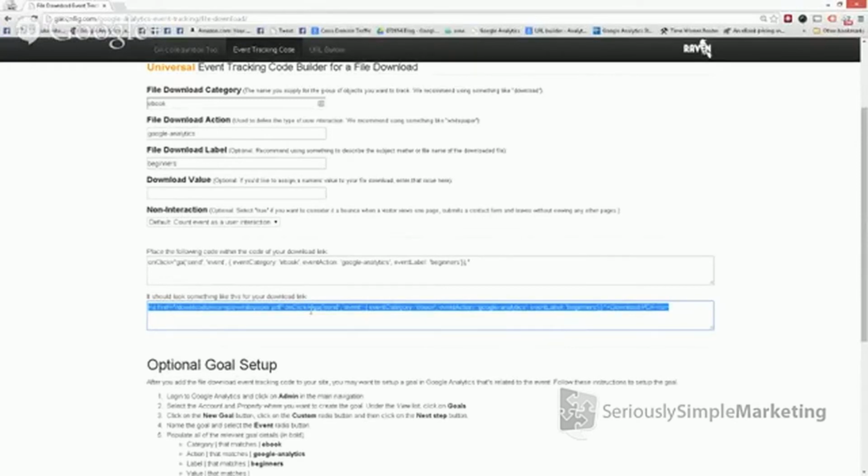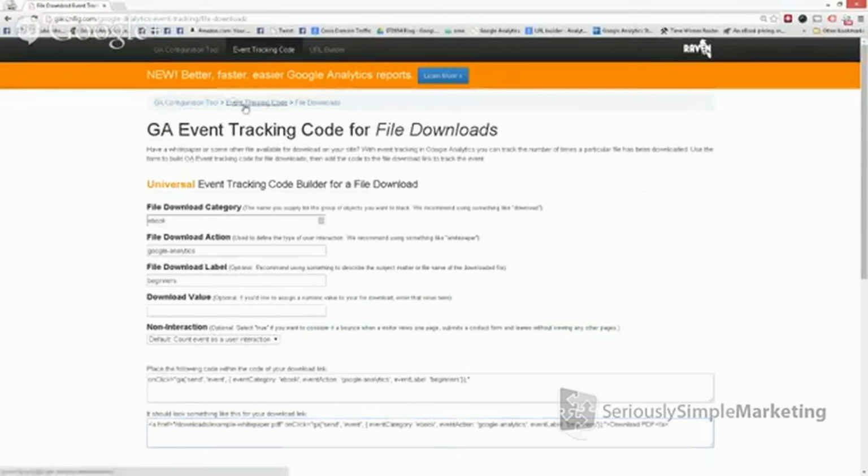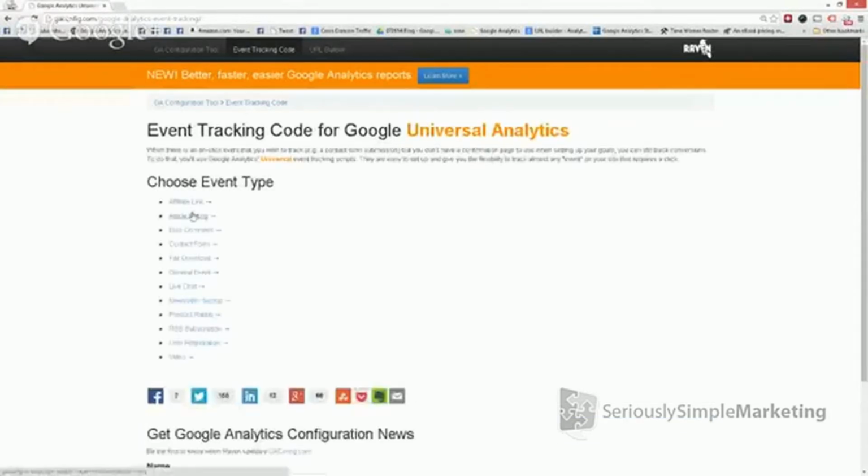Or you might track an event and then you decide, you know what, I don't want to label it download, I want to label it ebook. So it changes the way the data is reported. Big deal. Try it out, get a feel for it, just practice it, call it test. We do that a lot in our own. You see all this little test stuff. That's cool. At least put it as a test, because then you have it under something, test-download, test-event, whatever. Try it, practice it, get an idea of what it's like with simple links. And you can always go back to this event tracking code here and try different things that they have set up.